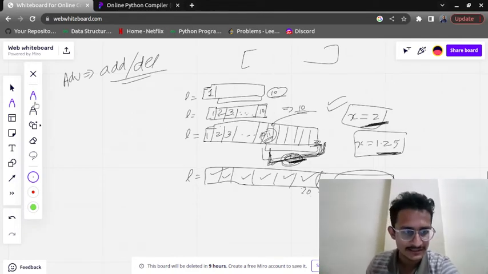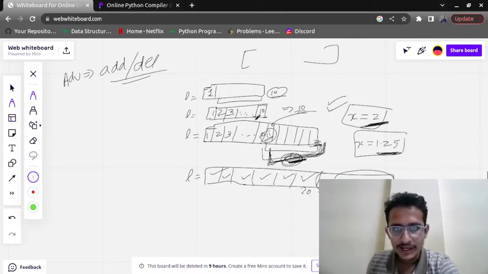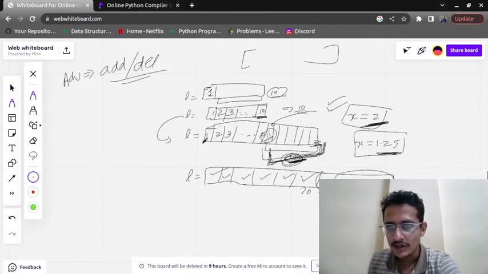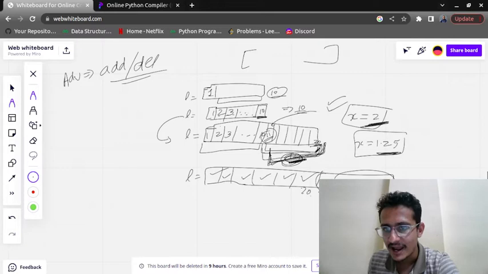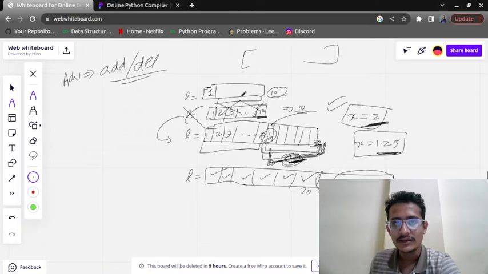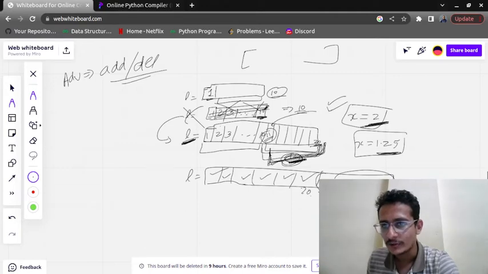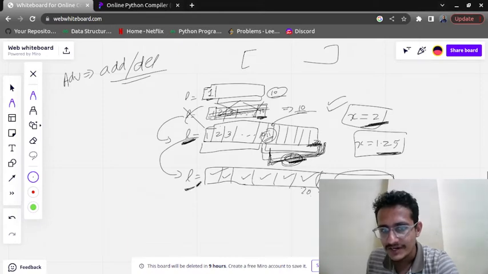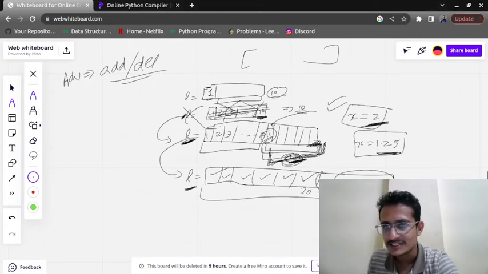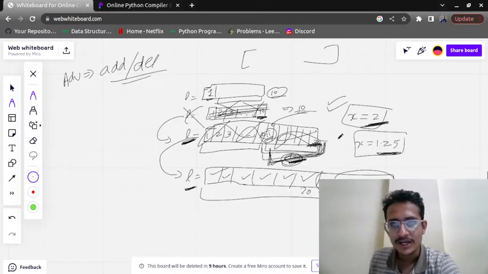Now one more thing, see. If these 10 elements are filled, what it will do is make a new list and copy all the 10 elements, then it will add extra 10 spaces, and then it will delete the older one. Okay, so first of all this one was added, suppose 10 elements are done, then a new list is created with the same name with 20 spaces, and the old one is going to be deleted. Once these 20 elements are filled, it is going to copy all the elements with the same name, and extra 20 spaces are added, and the old one is going to be cleared out. Okay, this is the working.